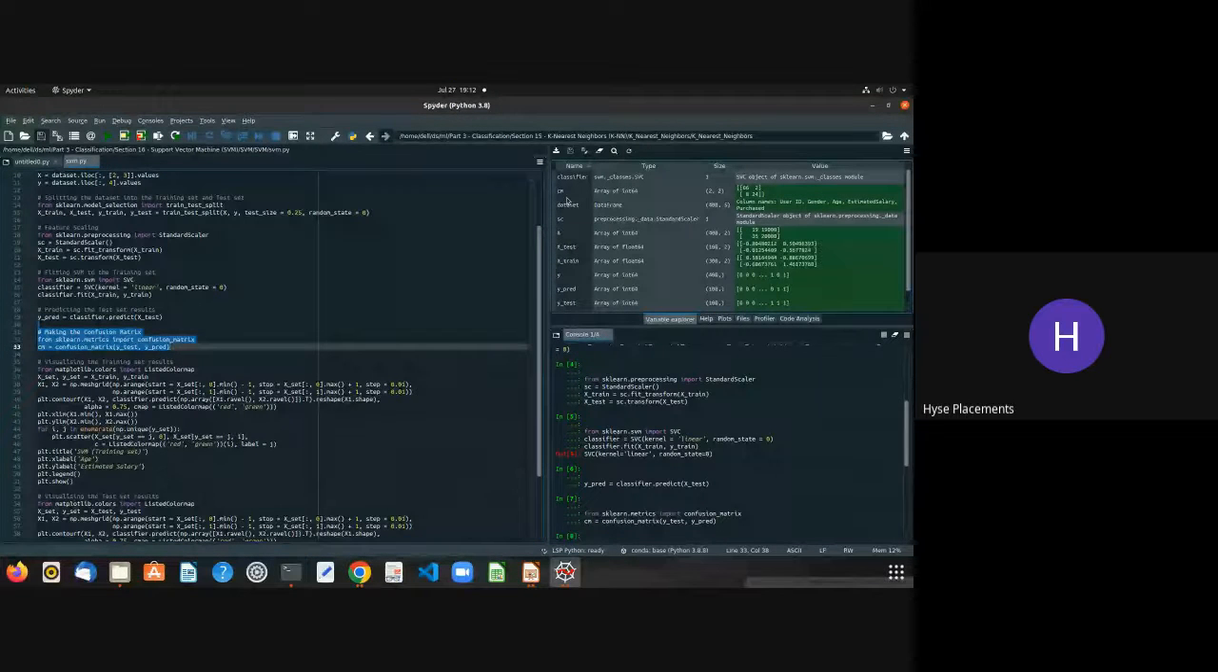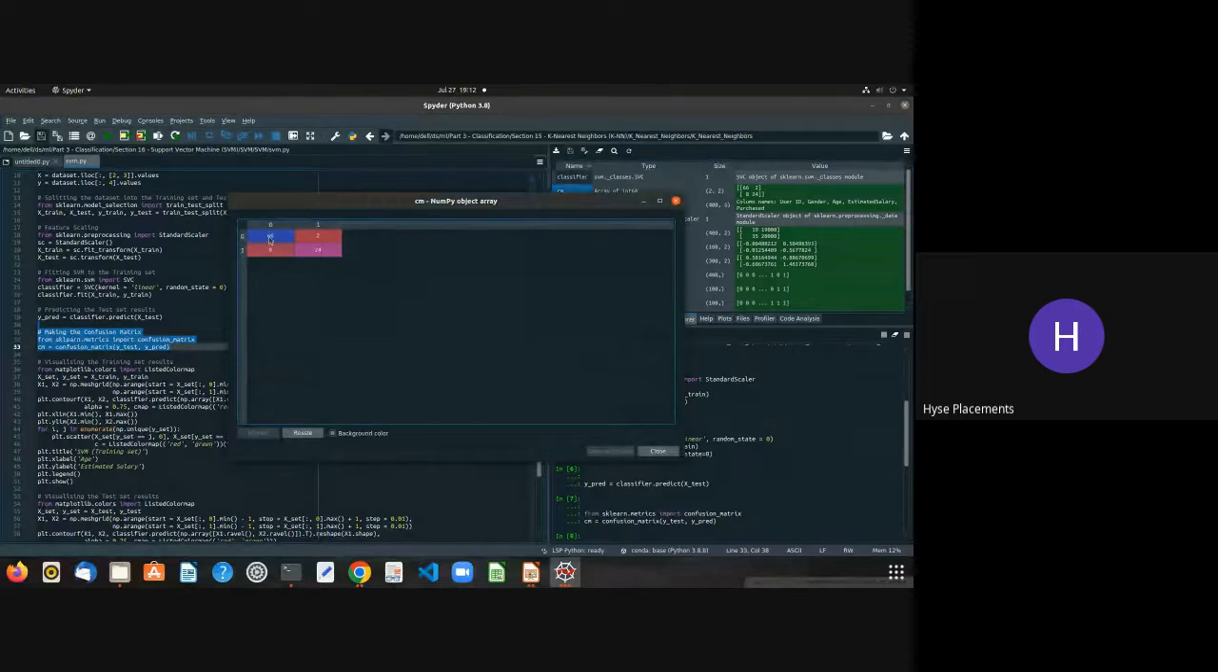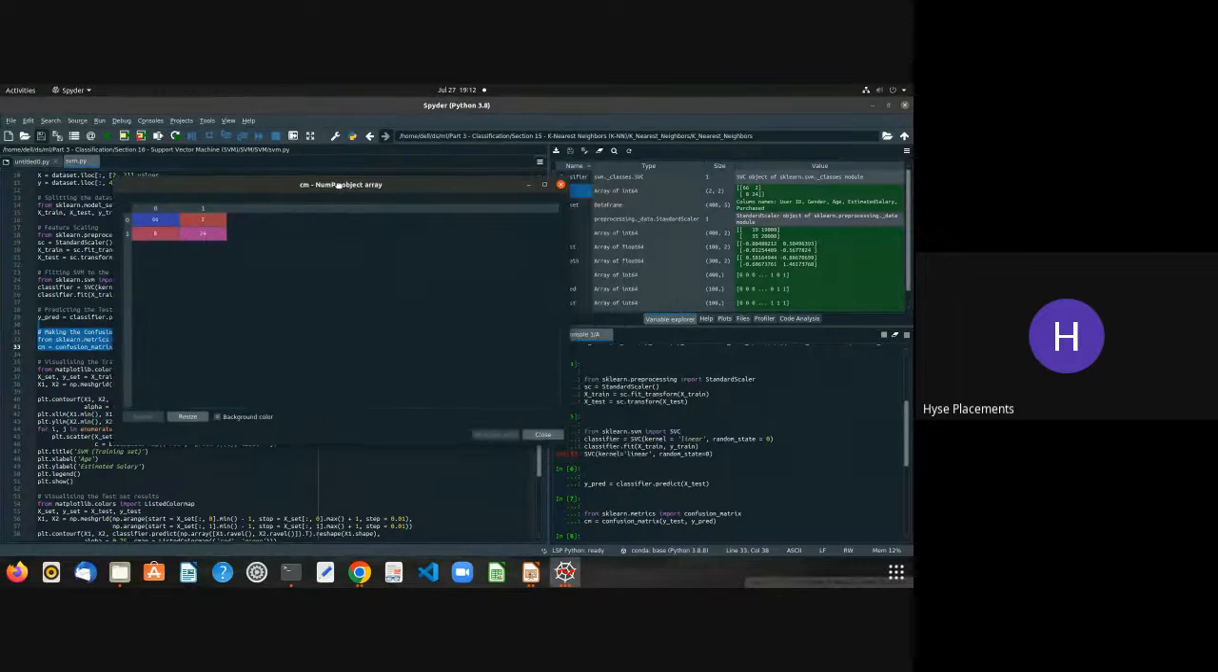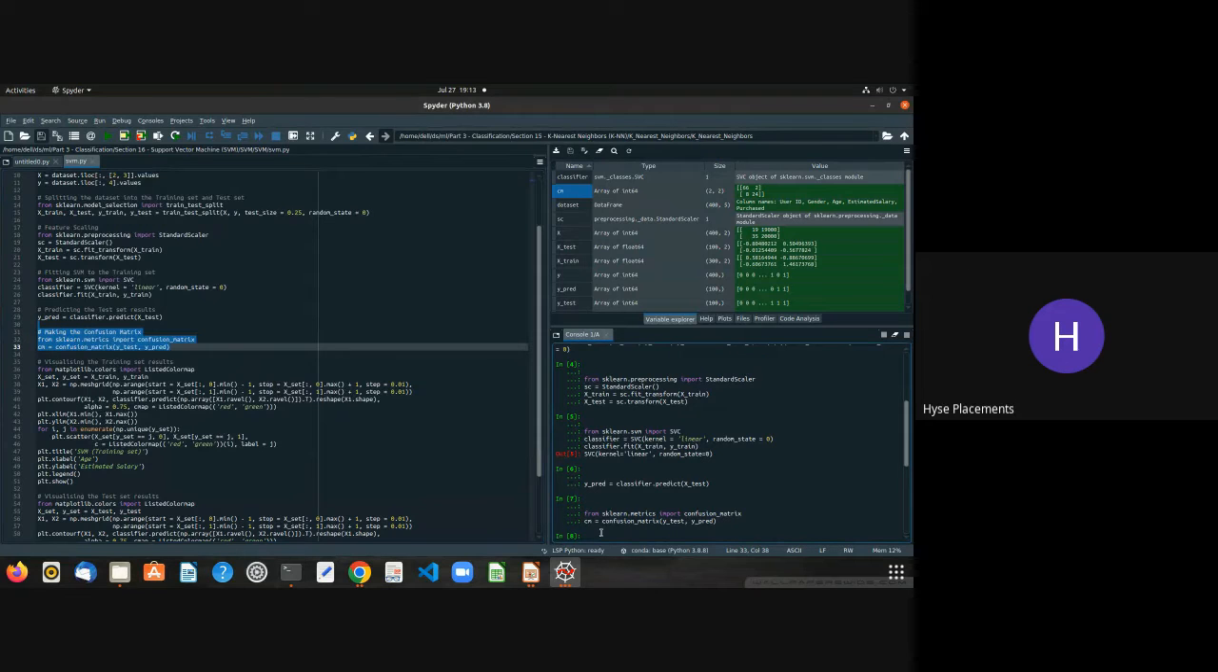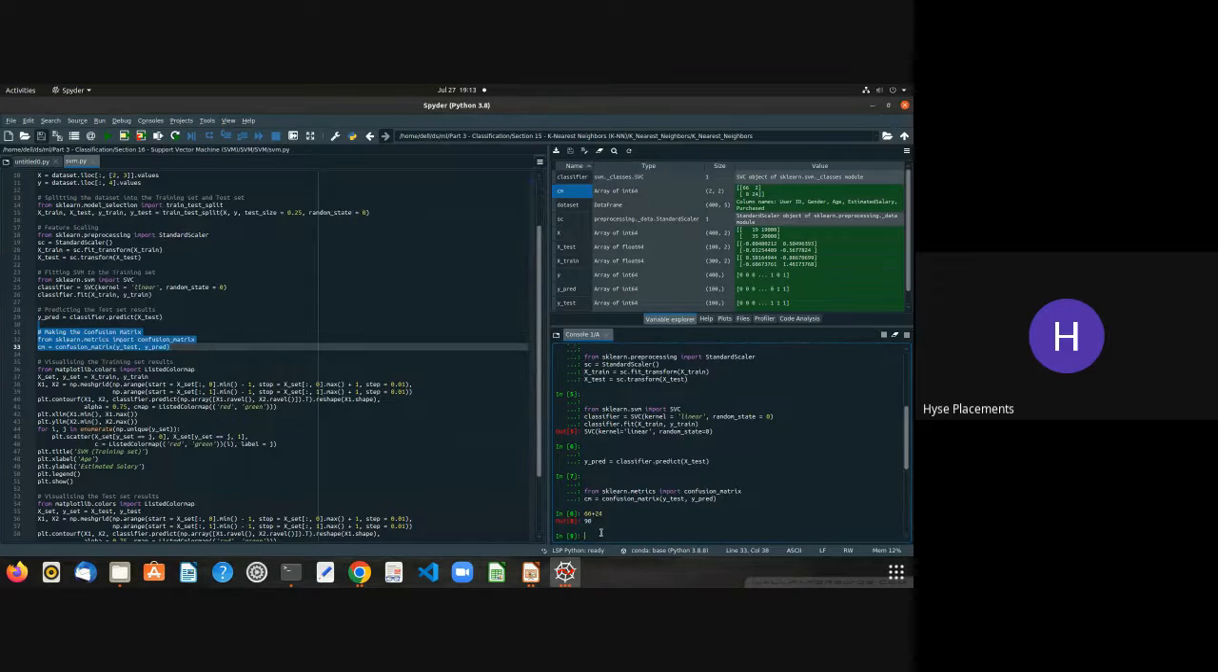if I go to cm and need to find the accuracy, there are 100 samples in our test data set. X_test contains 100 sample data points actually. So 66 plus 24 is our accuracy, it is 90. Out of all the algorithms we have seen,